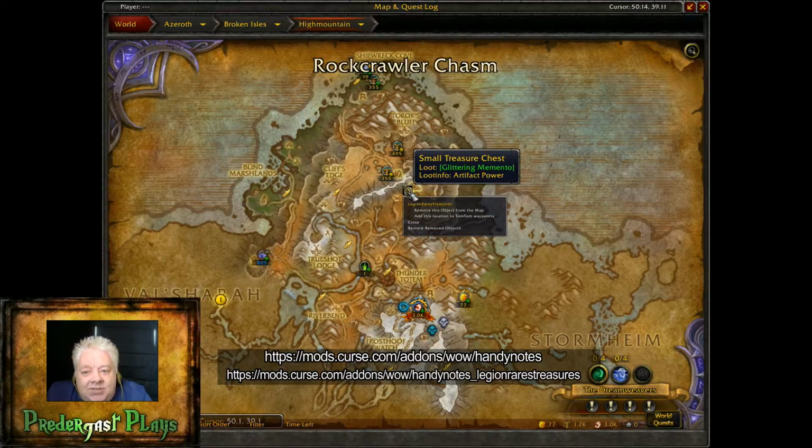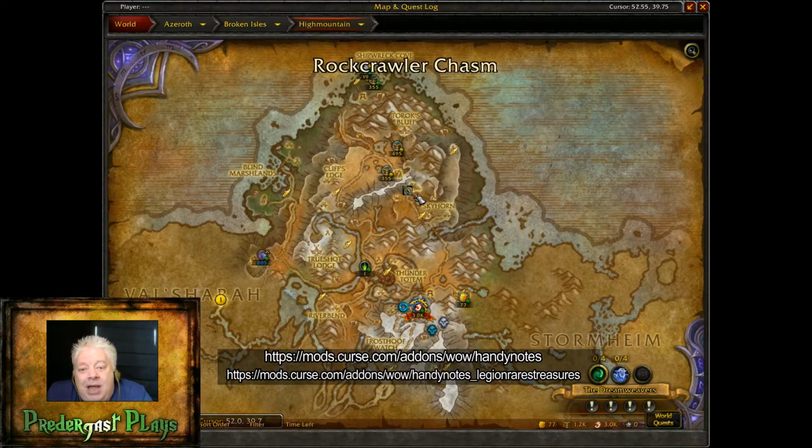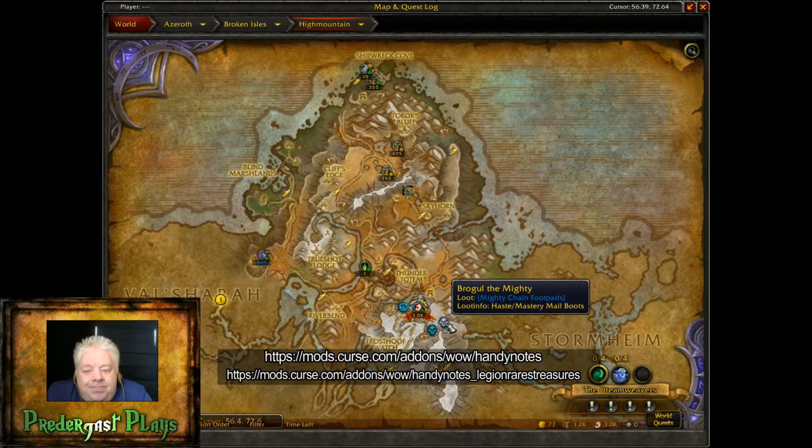Hover over it and it tells you what's in it. It's artifact power. It's inside this cave, it's showing me, because it's just highlighting those slight layer fractions, and I still can't find it. But however, that's where it is. You'll notice when it comes to other things, I can't show it, because I think that's the only treasure I've left to find now. It also brings up the